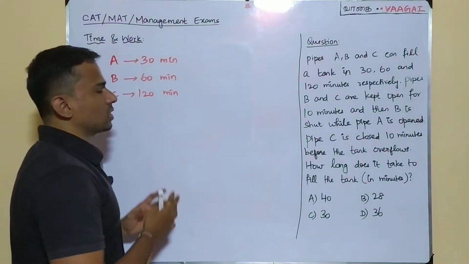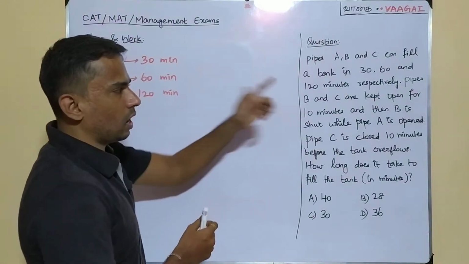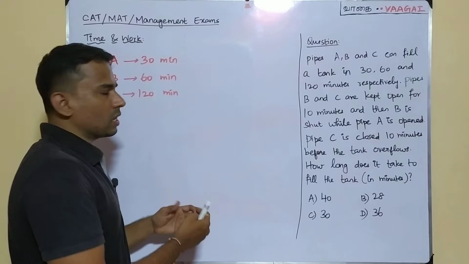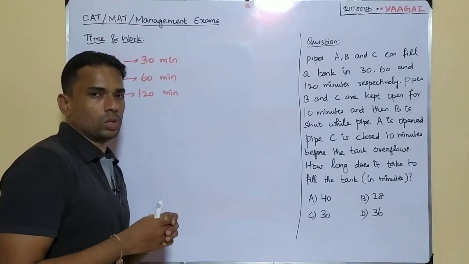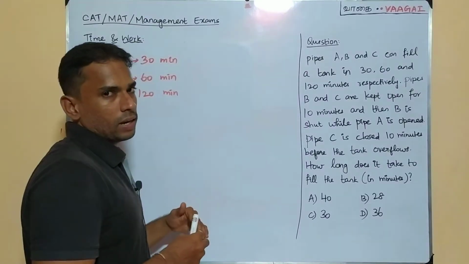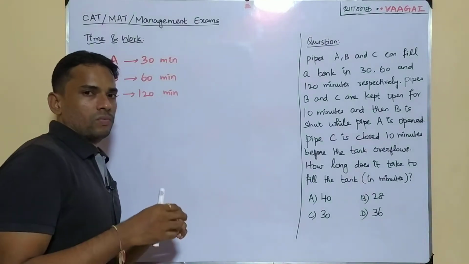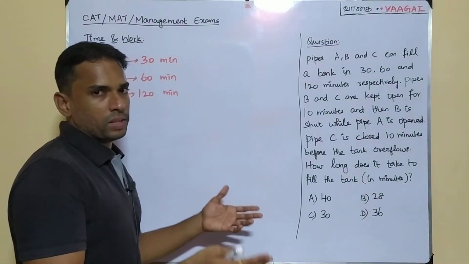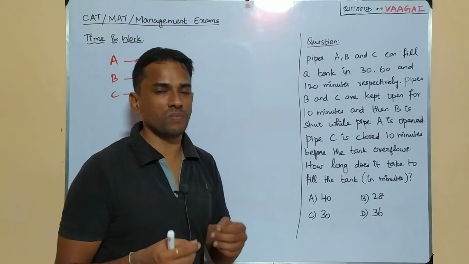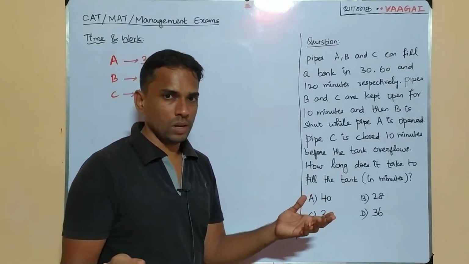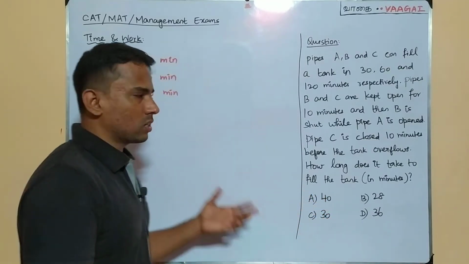From this information itself, the moment we get that there are three pipes and we have the time taken also, with this itself we can easily tell what will be the work and what will be the efficiencies, everything we can tell one by one. We can try doing that, right? Shall we try doing it?